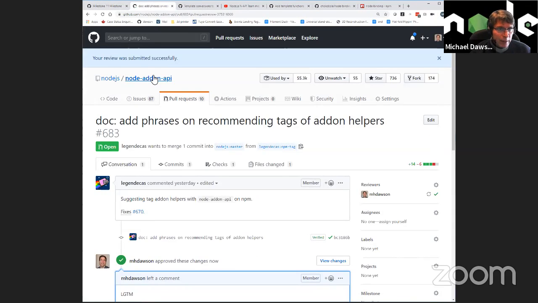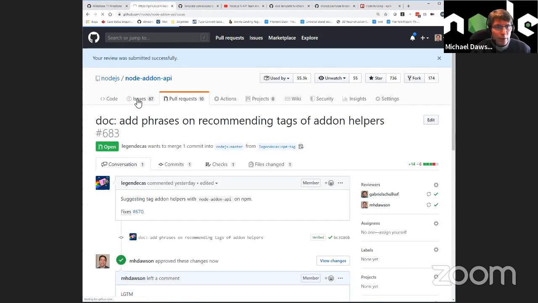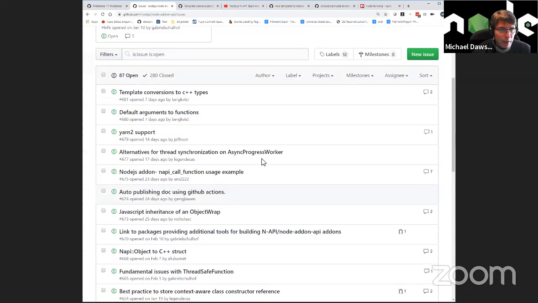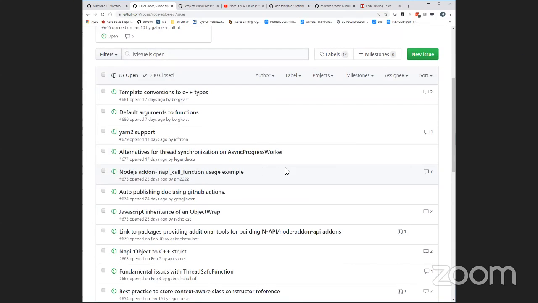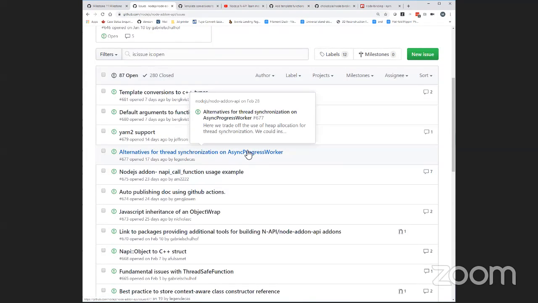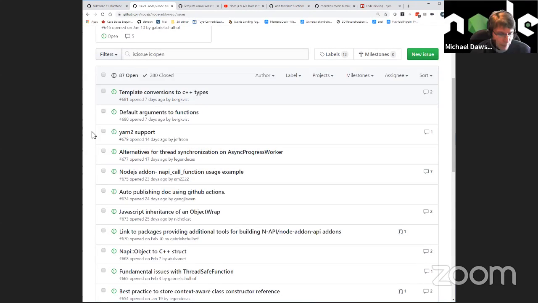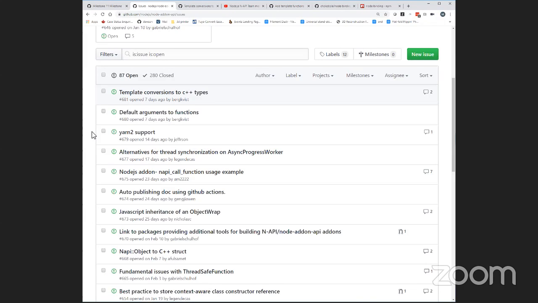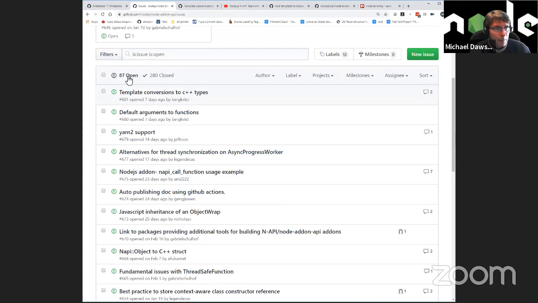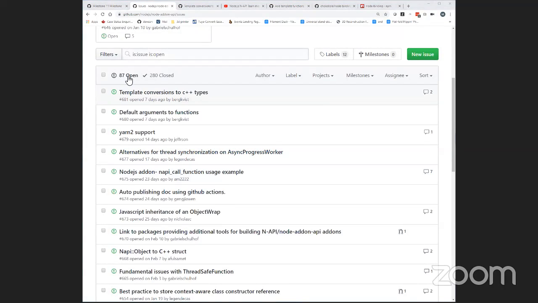Okay, let's see, what other issues are there that we might want to take a look at? Were there any others that come to mind? Yeah, I was talking with the maintainer of Sharp, who recently started to use NAPI. And I proposed to add the NAPI badge on the documentation. And he proposed that I add this